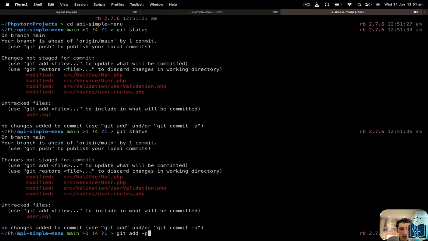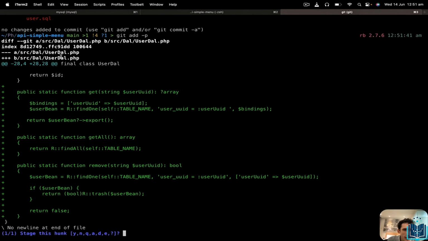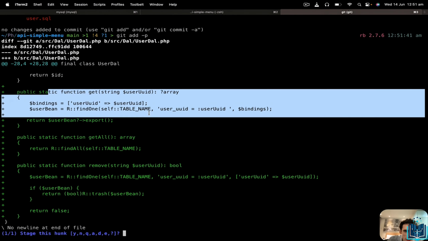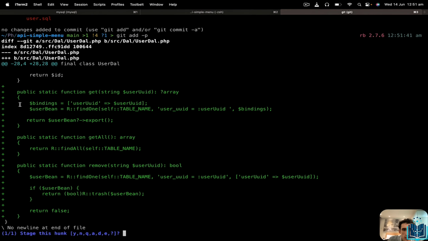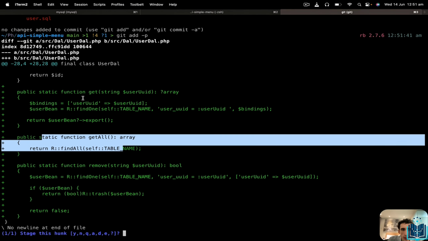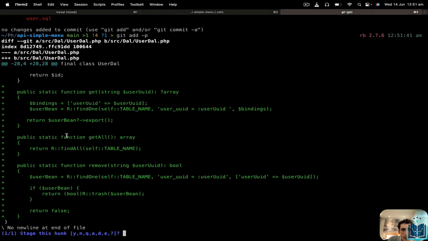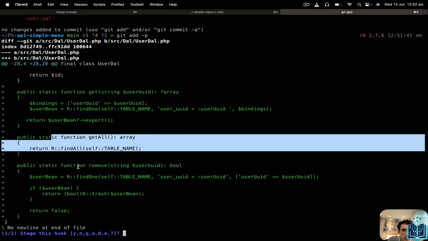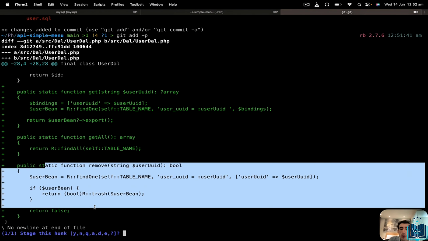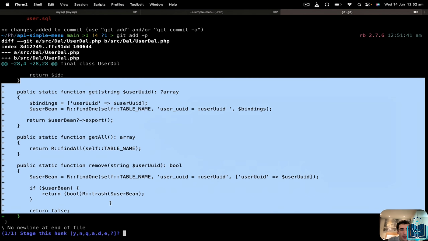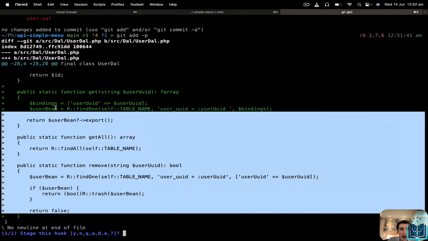And it's nice to see what we have implemented. So here we have the get, for the get user, for the get all, to retrieve all users from the database, and to remove a user from the database with RedBean. Those are the new methods we have